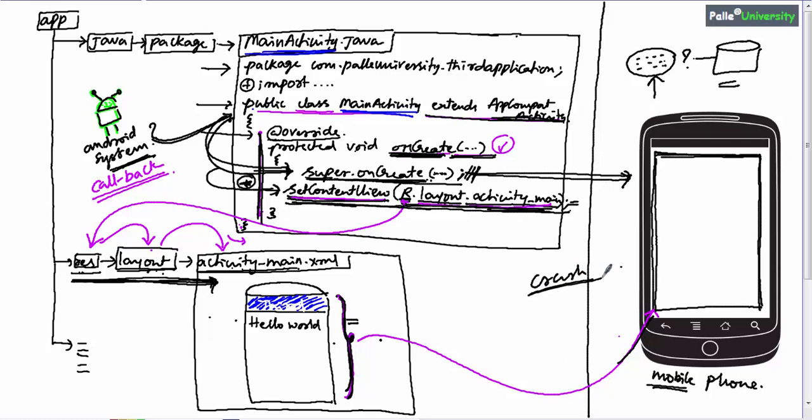Crash means, just try to run this application by removing this line and you will understand the meaning of crash. When you run the application, a small pop-up window will be displayed saying, unfortunately, your application has stopped. That means there is some major mistake in your application. I hope you understood this session.